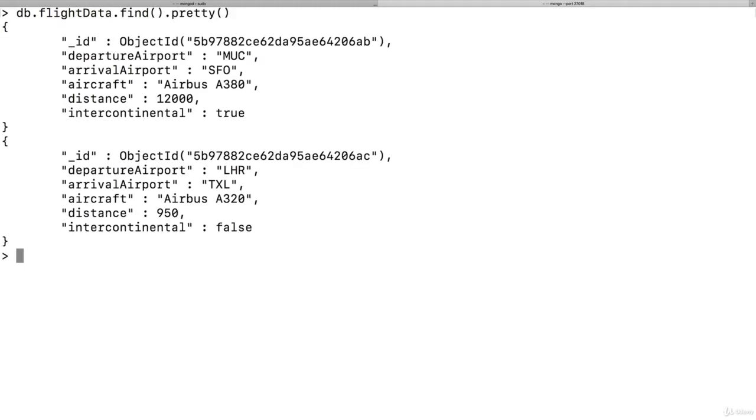Now with the basic CRUD operations covered, let's dive a bit deeper into update. First of all, let's have a quick look at all our data in the collection again. We got these two flights. And now let's say I want to change the first flight. I want to change it by adding an extra field, which simply holds the information whether the flight is delayed